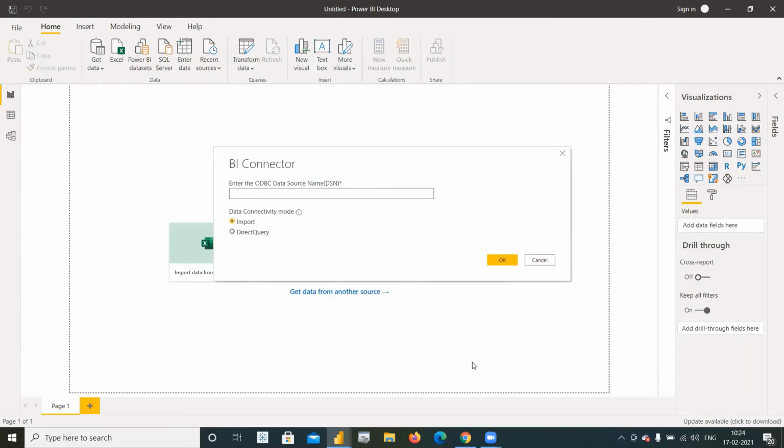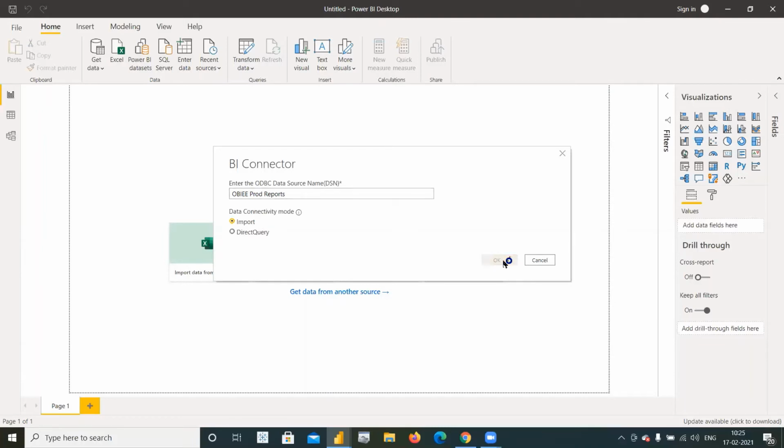Now I'm just going to enter the DSN name here. OBE prod reports. Since this is the first time I'm accessing this DSN from Power BI, it will prompt me to enter the credentials. Next time I'm logging in, it won't prompt me, but at any time you can just go to the data source settings and delete the credentials. I'm first going with the import mode.